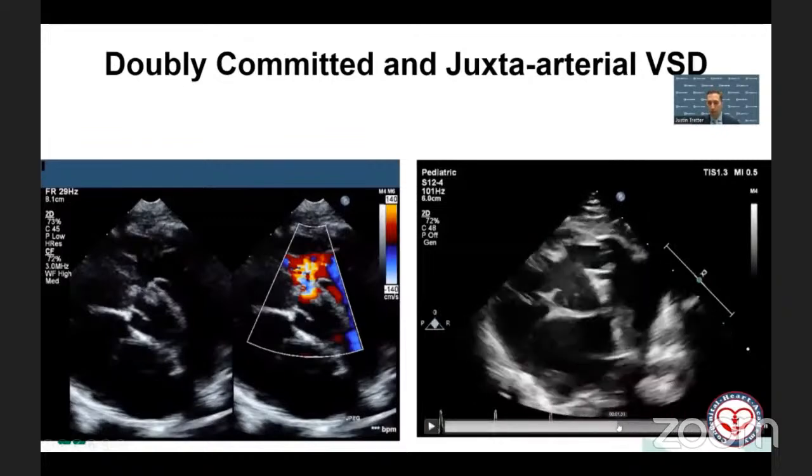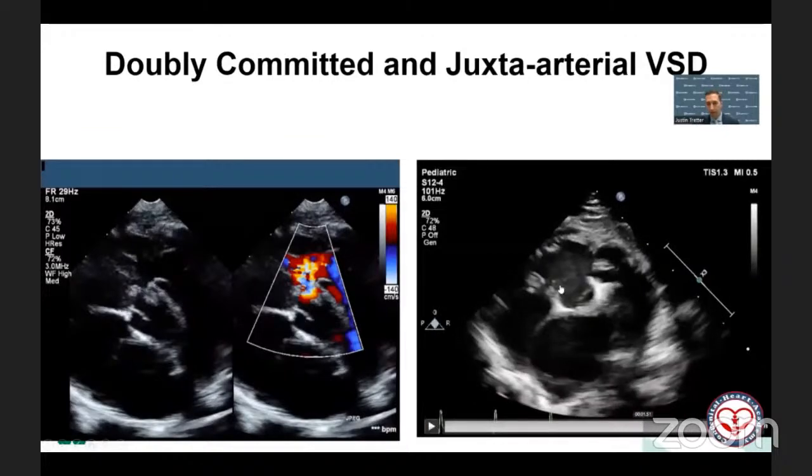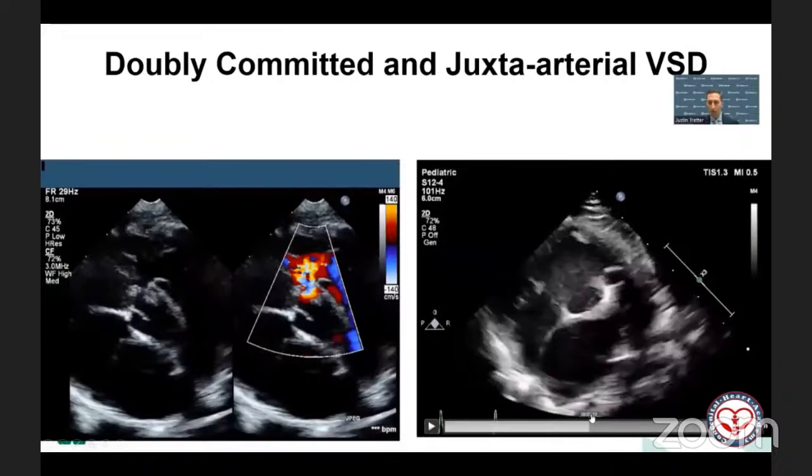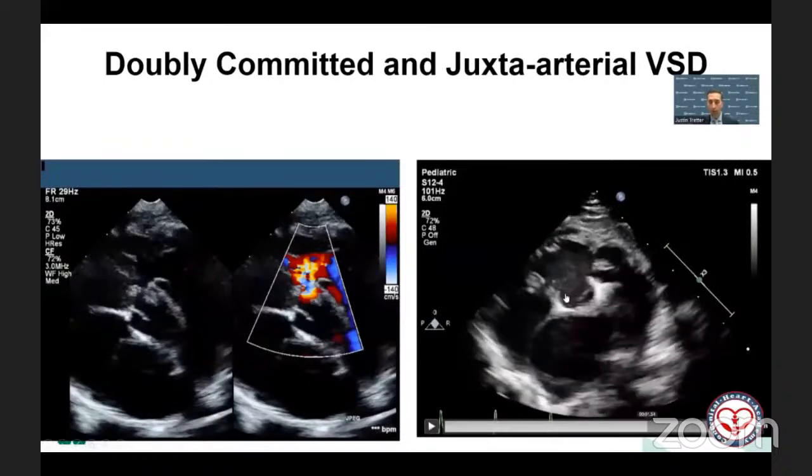But if we look at the posterior margin of the defect, there is the septal leaflet of the tricuspid valve, and it's attaching right there, and it's going right into the area of the aortic mitral fibrous curtain there, along with the aortic valve. So it's in fibrous continuity with both the aortic valve and with the mitral valve. So this is a doubly committed and juxta-arterial defect because of the semilunar fibrous continuity, but it also extends to become perimembranous. So now the conduction axis does run right along the posterior inferior margin and is much more vulnerable to damage in this right-hand image compared to the left-hand image.